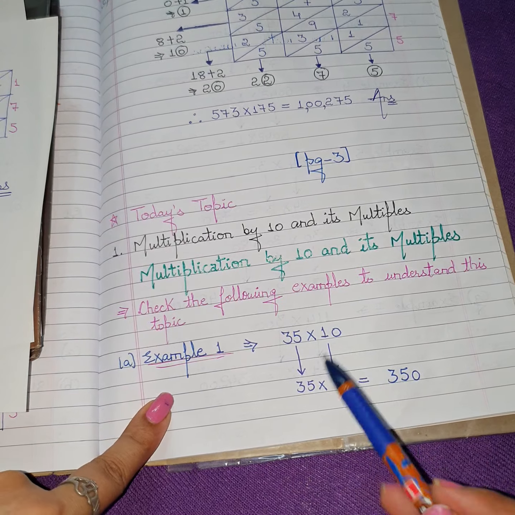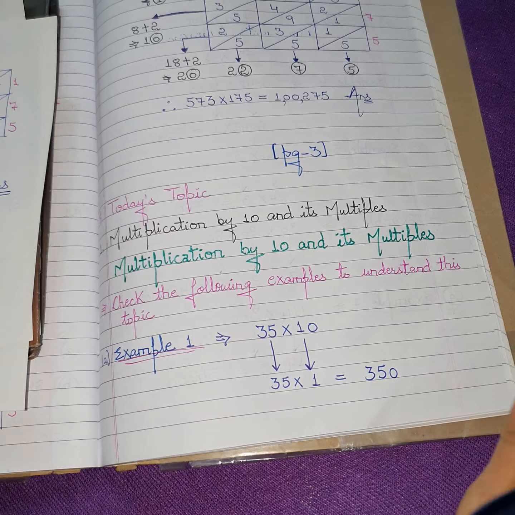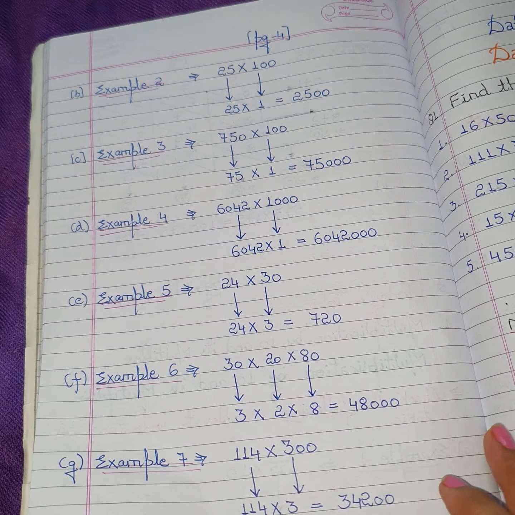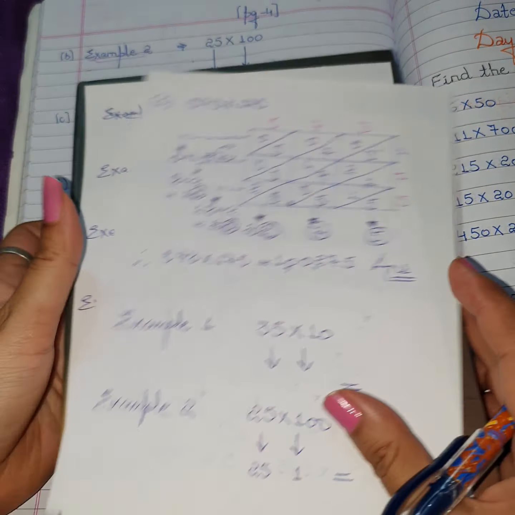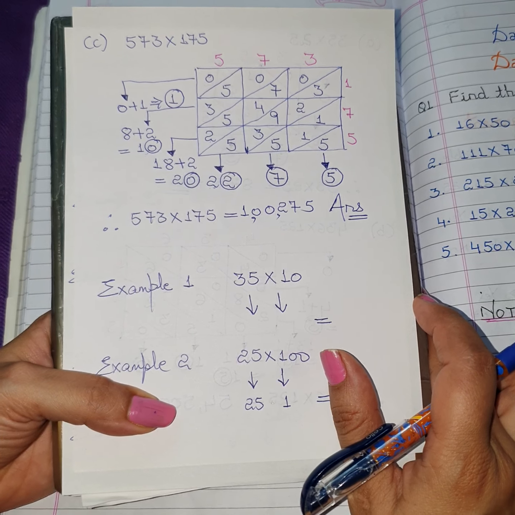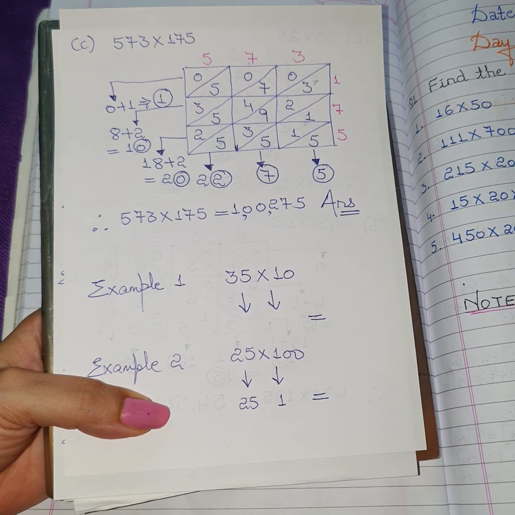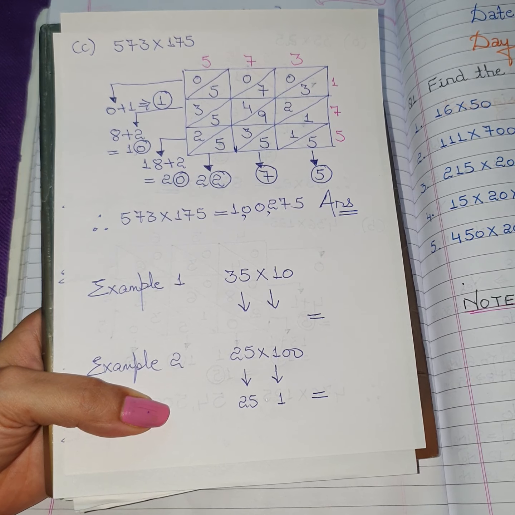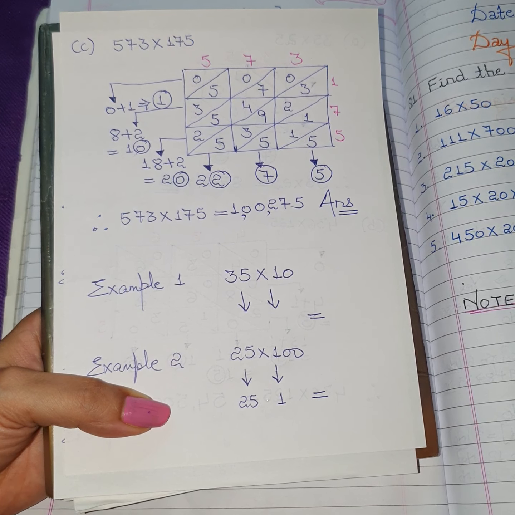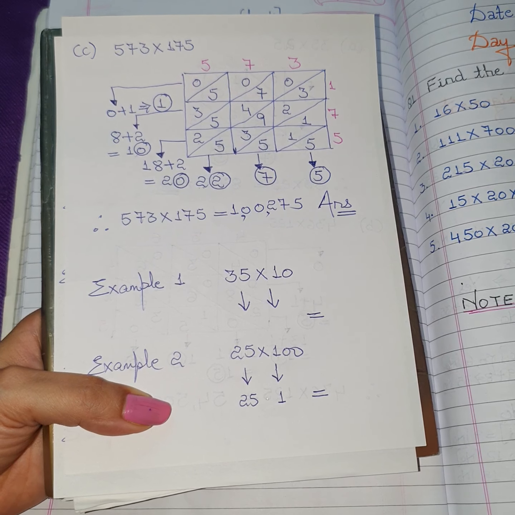Okay, so this topic also I have explained with a few examples. These are given on page number 3 and page number 4 of your PDF. So you can check it from your PDF document. But I am explaining here also so that you can understand it easily. See students, whenever we multiply any number by 10 or by the multiples of 10, then we don't include 0 here. We only take the numbers firstly and multiply them, and then afterwards we put the zeros by counting how many zeros are there in the question.